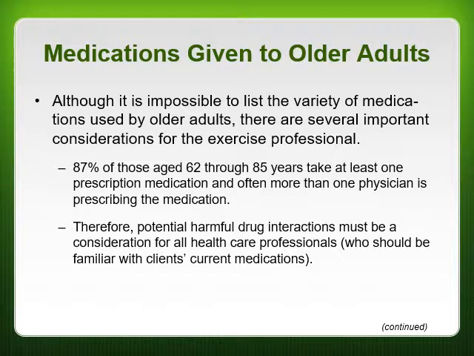This is the most jarring one, I think, in this whole summary of what it is when it comes to talking about older adults. And that's the fact that of people between the ages of 62 years old and 85 years old, 87% of them take at least one prescription medication, and often more than one physician is going to be prescribing the medication. So they're taking more and more meds from more and more doctors, and that is troublesome, and that is how we have kind of adapted to treating most